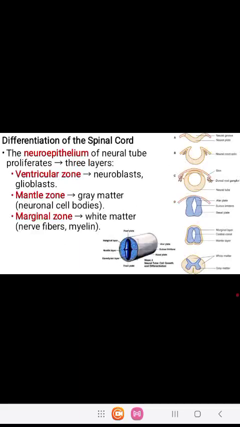Now let's move on to the formation of the spinal cord proper. Once the caudal part of the neural tube closes up, the neuroepithelium that lines this neural tube begins to proliferate, meaning that the cells increase in number as they divide. This proliferation results in the formation of three layers. We have the ventricular zone, we have the mantle zone, and we have the marginal zone. The marginal layer is the part found at the outer region, while the mantle